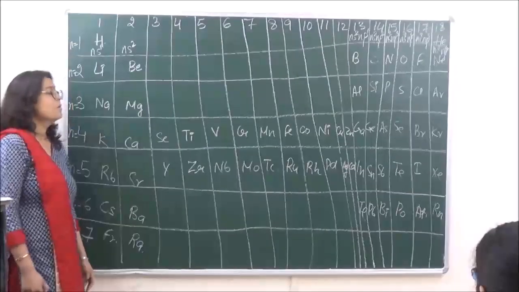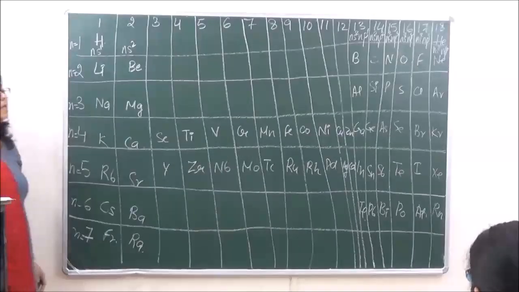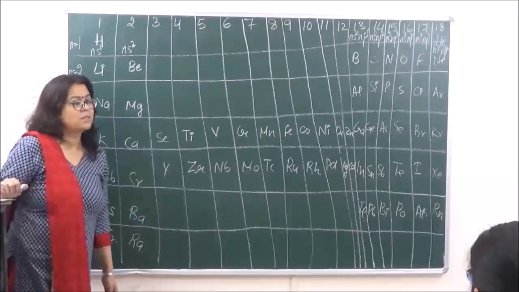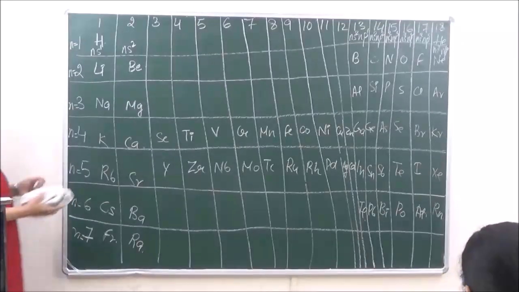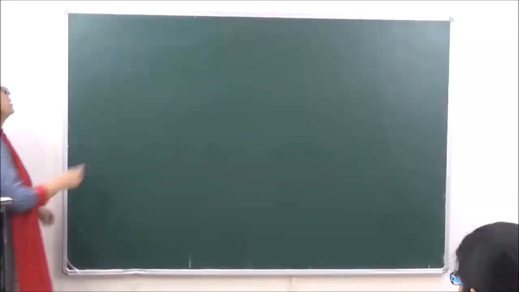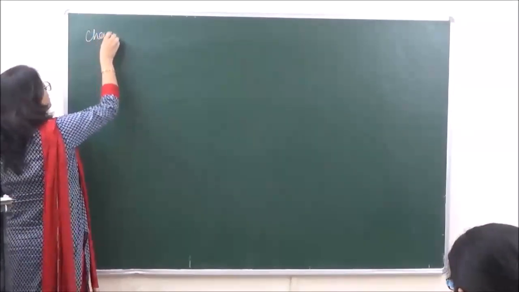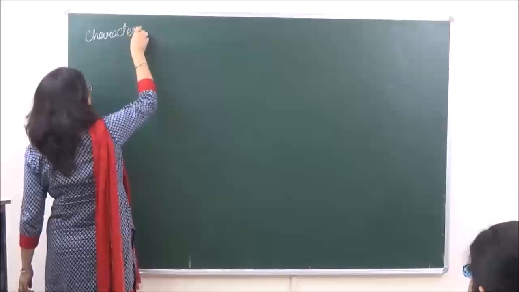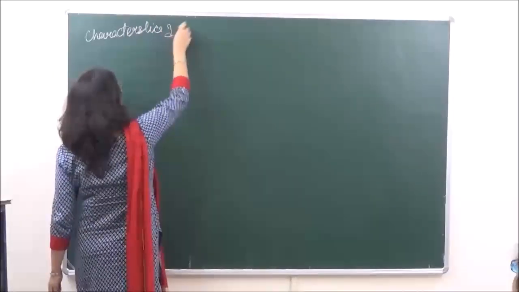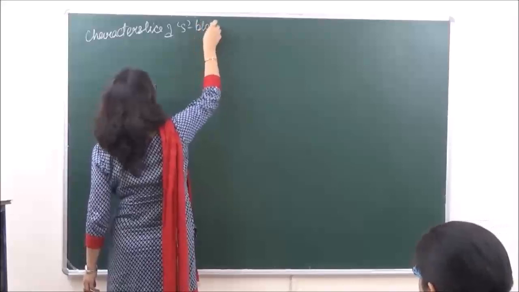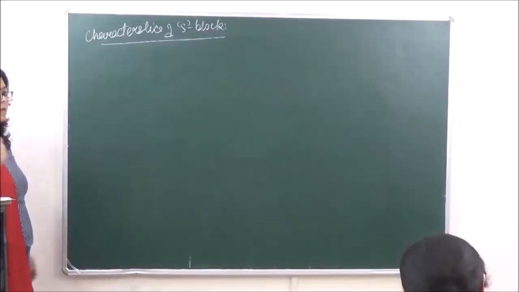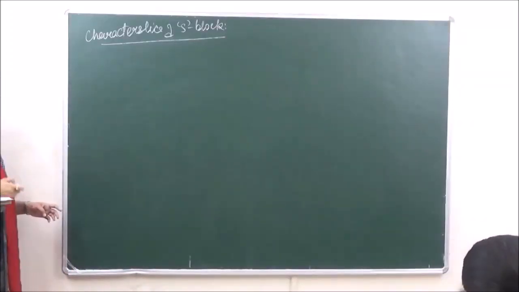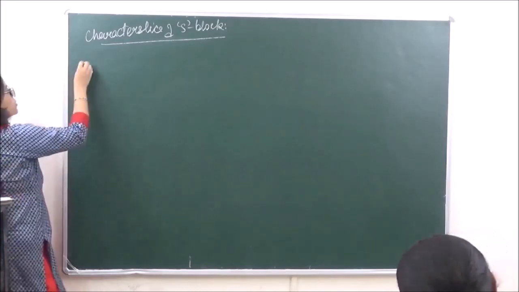Now let's discuss the general characteristics of all the blocks separately. We have already said that the S and P, they are collectively known as representative elements. Okay, so let's go on to the characteristics of S block elements. Characteristics of S block, right? Now when we talking of S block, as I just told you, the S block consists of